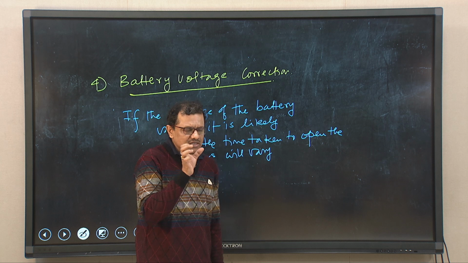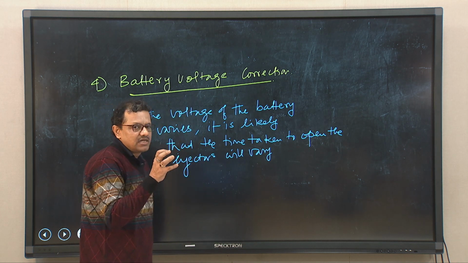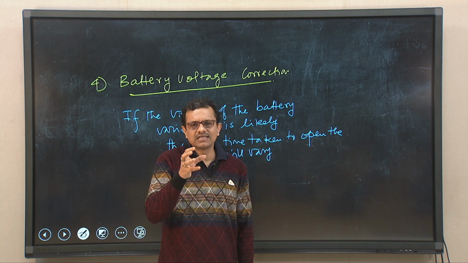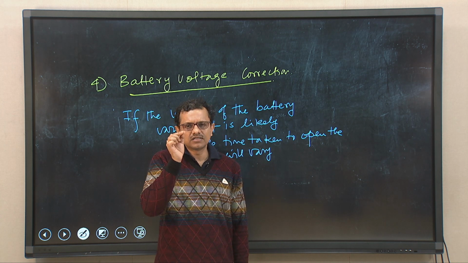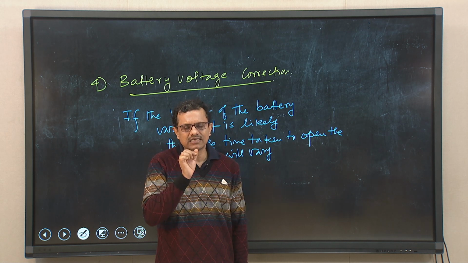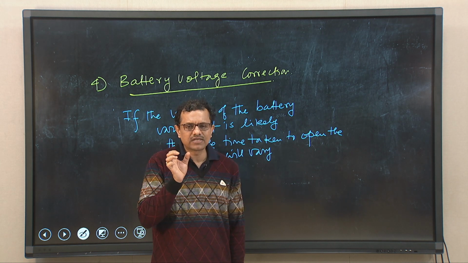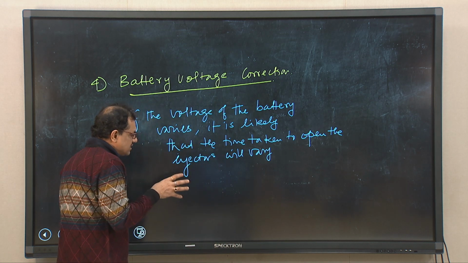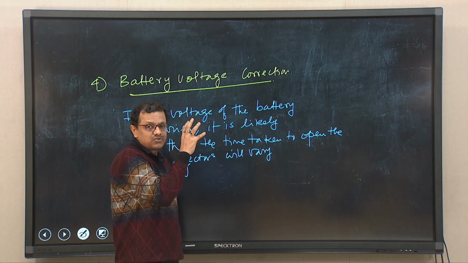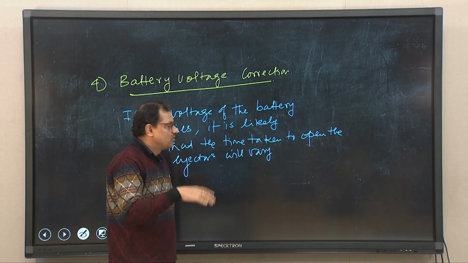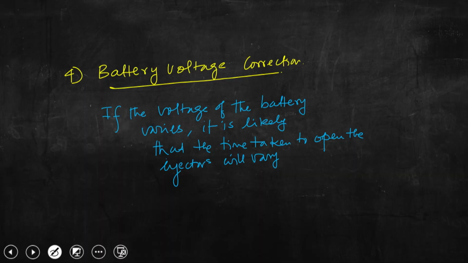So, the time lag between the time needed for the ECU to give a signal to the driver circuit and the time needed for the signal that will come from the driver circuit to the injectors. So, there is a lag, and this lag is called operational delay. So, essentially some correction should be made for the battery voltage so as to take this particular correction. Okay. So, the important part is, in the next slide I will be writing